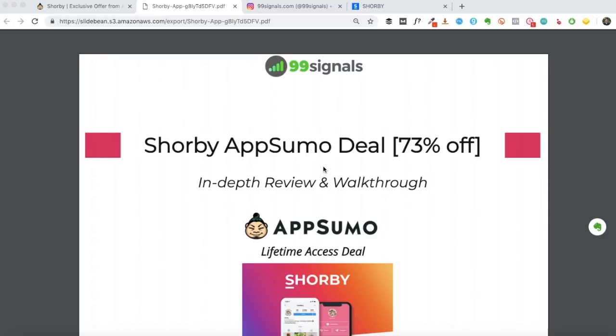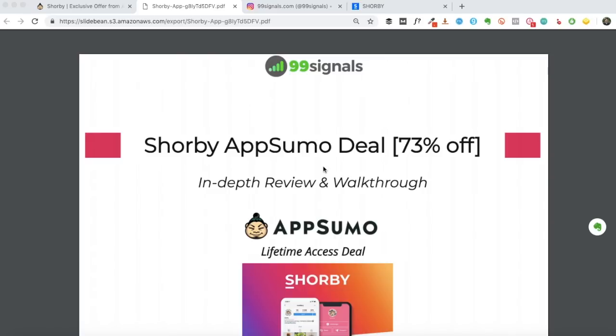In my opinion, this is one of the best deals that AppSumo has offered this year, and I'm really glad that I have bought it from AppSumo because it's a tool which allows you to drive traffic from Instagram. So if you have a business profile on Instagram, you'd know one of the greatest challenges is to drive traffic from Instagram back to your website or any landing page where you're promoting an offer. So that's been a challenge with Instagram, and I don't think Facebook, the parent company of Instagram, is resolving that problem anytime soon. But Shorby will resolve that problem for you, as you will see later on.